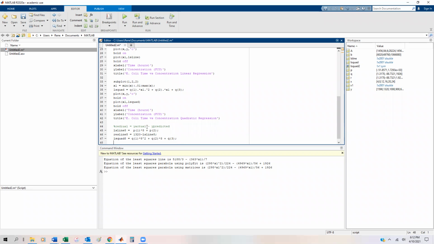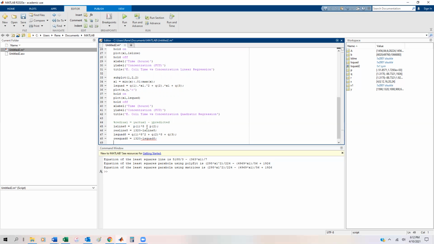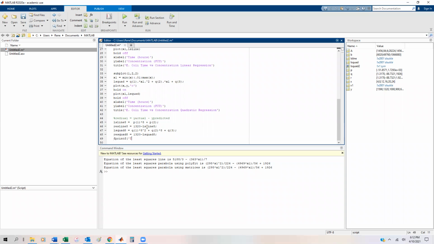And I'm going to call this res quad 8, and that's going to be equal to 1320 minus ls quad 8. All right. And let's do 2 f_f. So f_f, the residual at t equals 8 for the linear regression is %f, and we're going to call res line, so residual line 8,